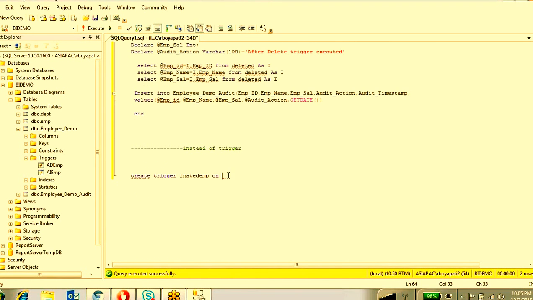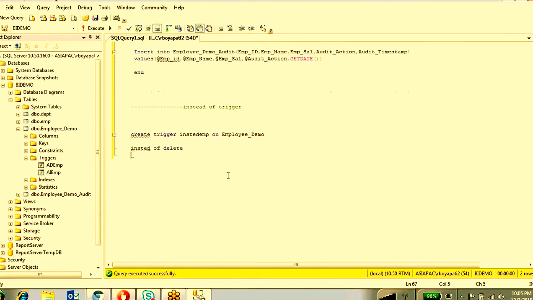Control C. The trigger type is instead of delete trigger, which I'm going to create. Create trigger, trigger name on this table, instead of delete, as begin.